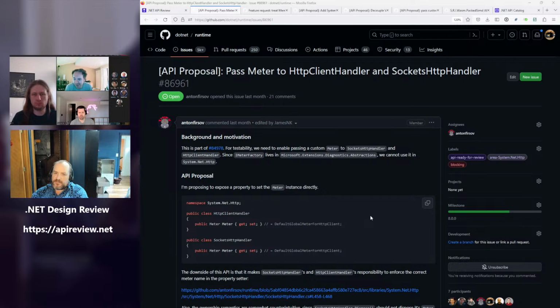And if it's more like this HTTP client, where there is a very common scenario where it does get used from a DI-aware context, and we do expect people would like to isolate those metrics per DI container, then yeah, I would suggest a pattern similar to this.